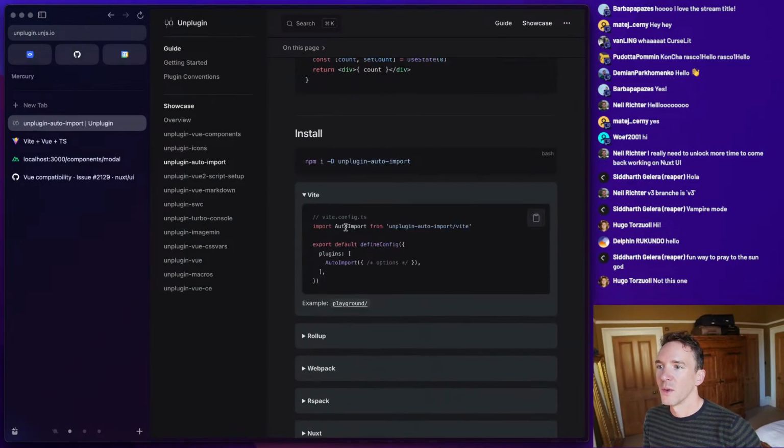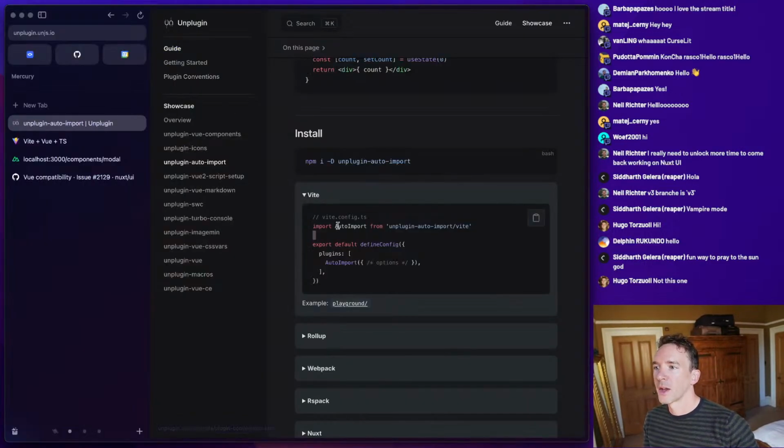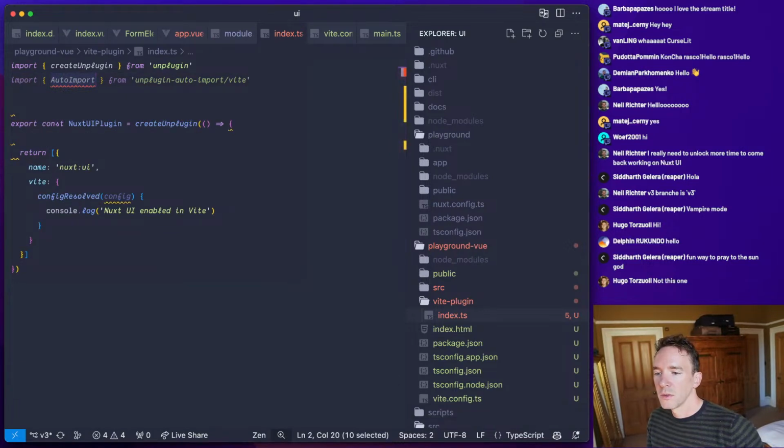Oh, it's just a subpath. Okay. That may make our life a little bit harder, but okay. So we might ultimately end up telling people that they have to configure it themselves.